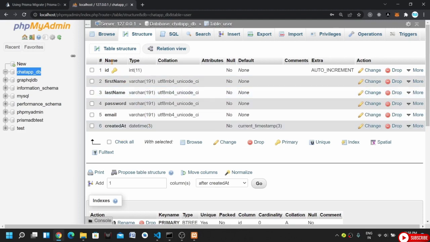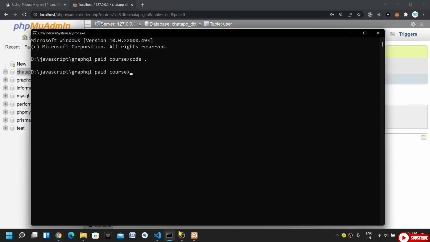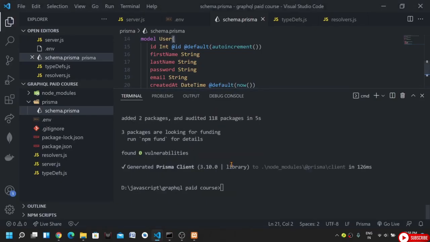So this is one way. You can have a look at your database by using this tool, phpMyAdmin. Or we have one more tool that is created by Prisma, if you want to have a look at all your tables. So what you can do is type one more command: npx prisma